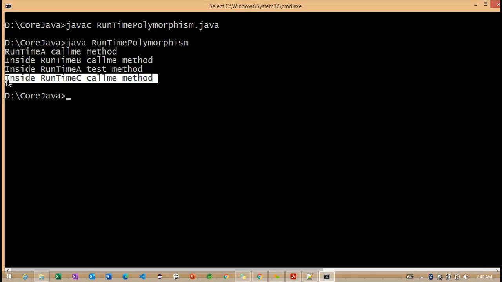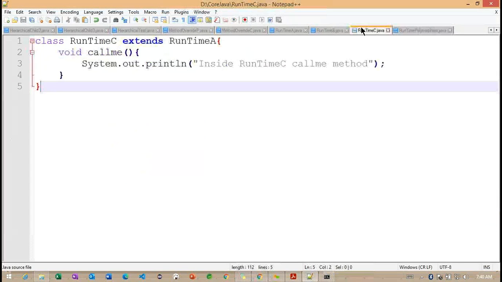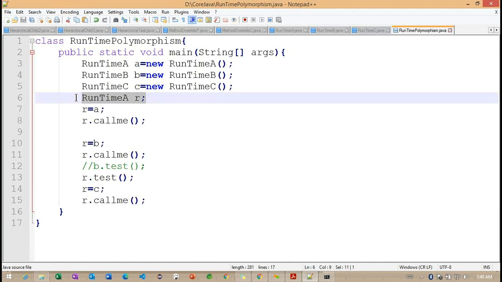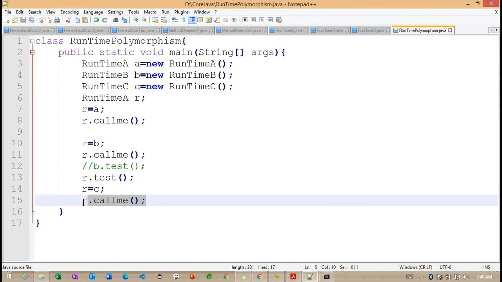And we understand here, even though it is a superclass reference, we are trying to call the subclass method. So what is our subclass? Runtime C. Runtime C is extended from the runtime A. Here the R we are pointing as a runtime A class, but the method being called is the subclass method.